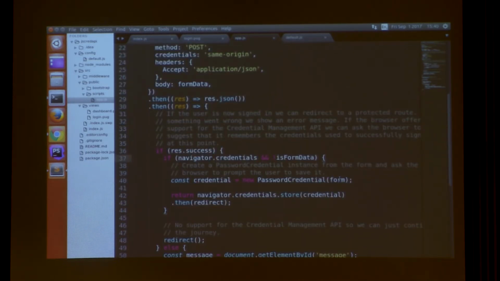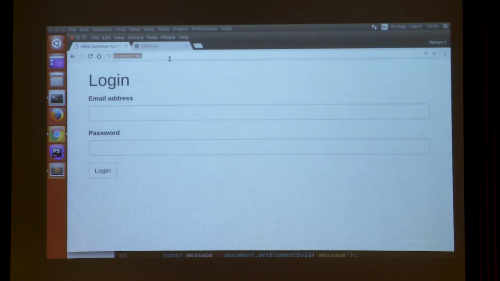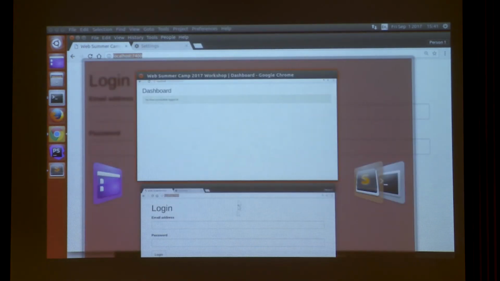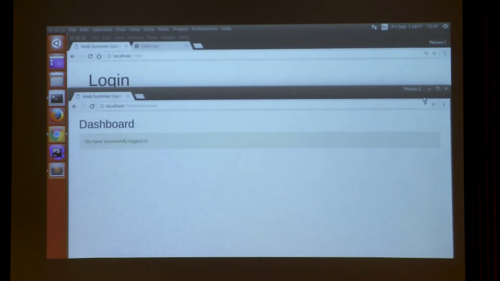So if you now run that, if you've left it as it was from before the break, when you go to the login page, you should automatically get logged in. Chrome may ask you whether or not you want to have the ability to automatically log in. It may have already turned that on by default. So if I run that here, in this profile,